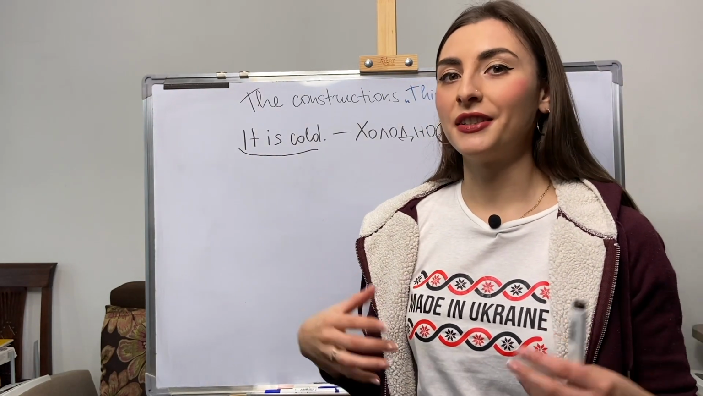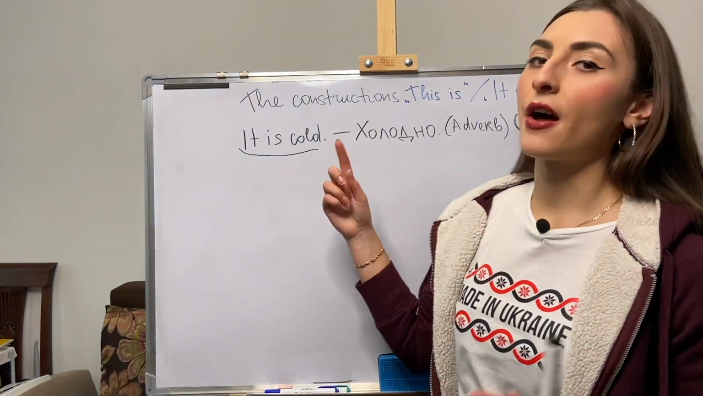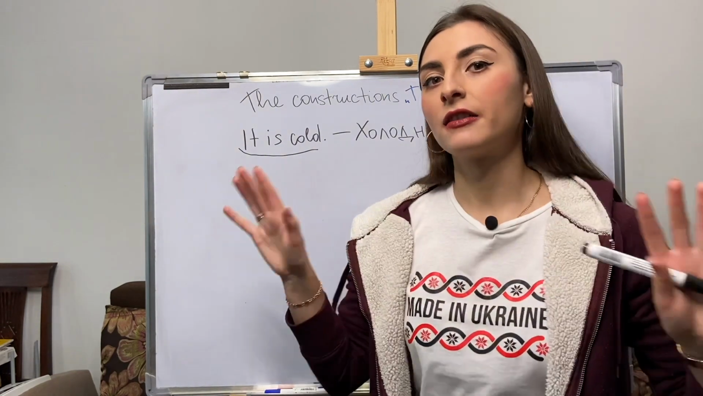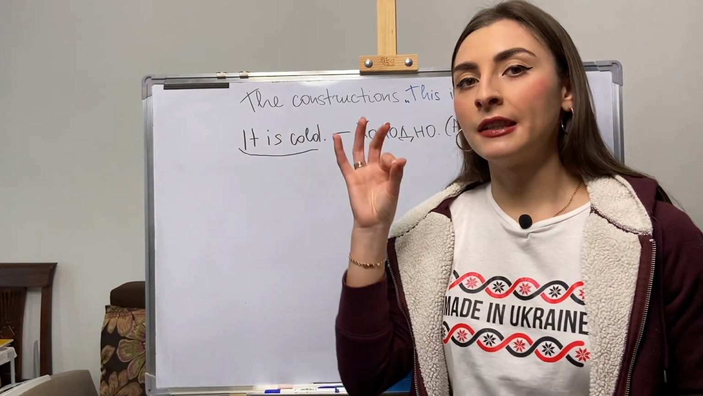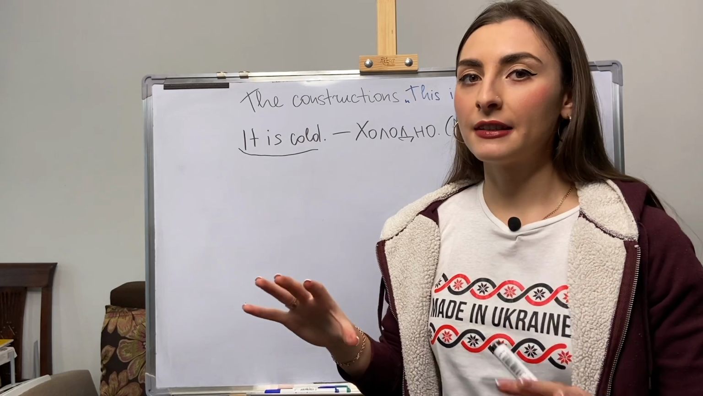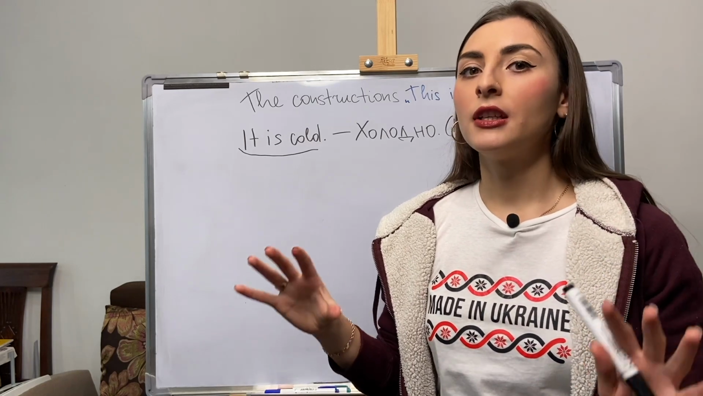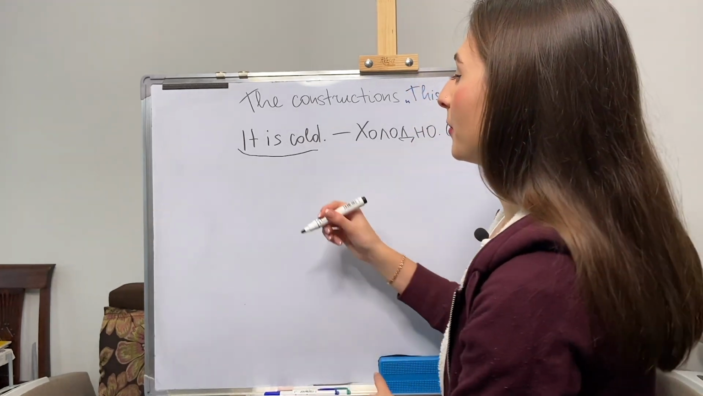We don't have it in Ukrainian language. We don't say це холодно. It is not correct to say like this. We just say холодно. We just use a single adverb, and it is the correct way to say it in Ukrainian language. Or for example, when you want to say